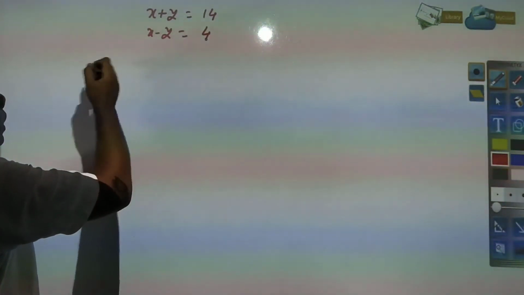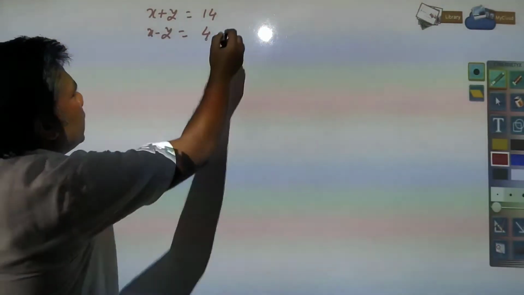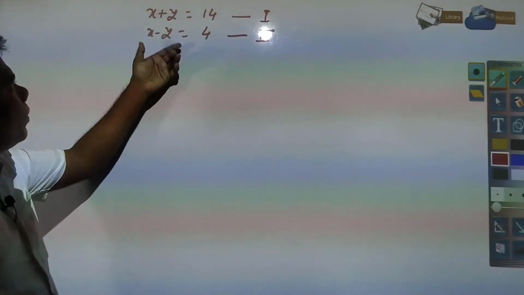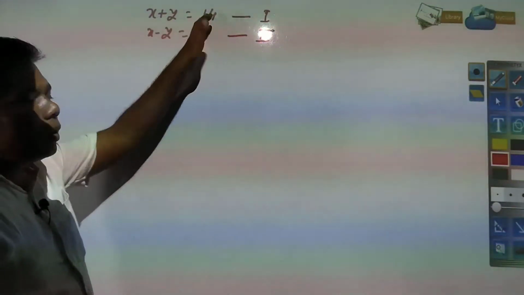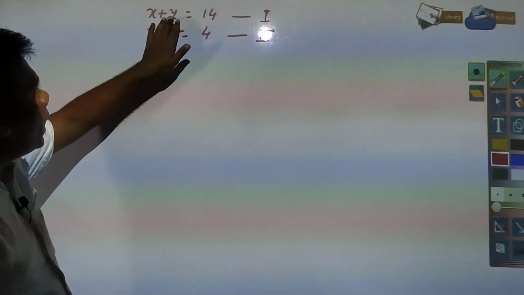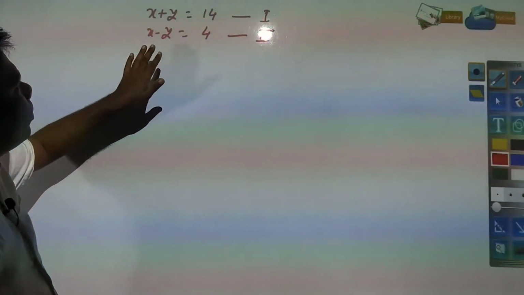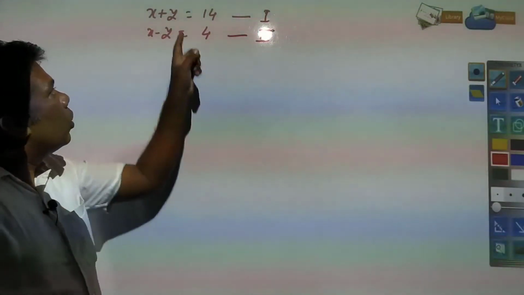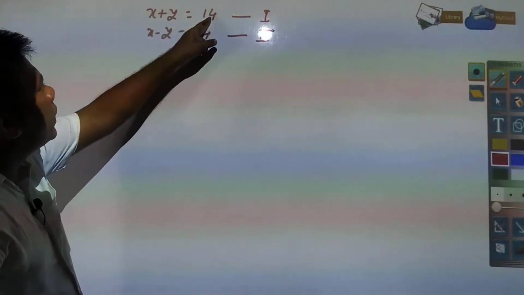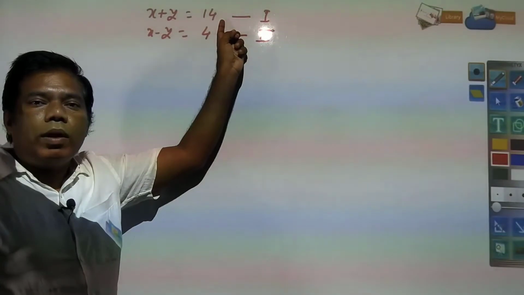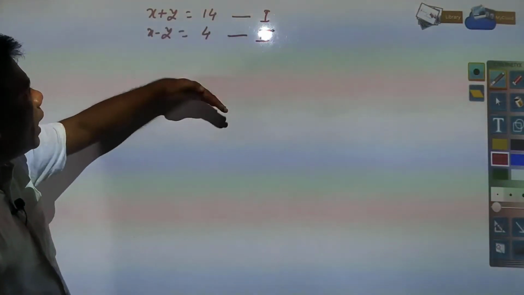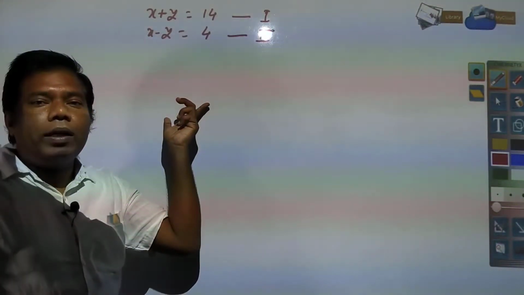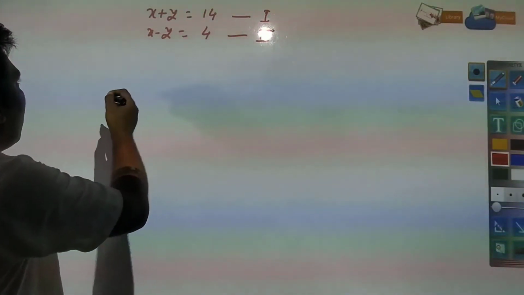What we will do, it was told that suppose this is your first equation and this is your second equation. In the first equation you have x plus y is equal to 14. So y is required to be represented in the form of x. So y will be what? 14 minus x, that is required to be written, and then that y is required to be substituted in the second equation and we need to find out x. So let's see how we will solve.